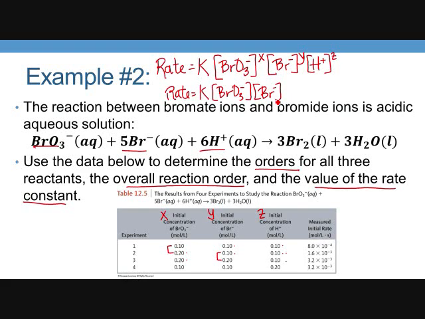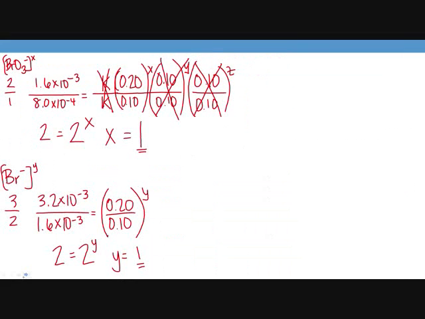Now, in our last 2 examples that we've done so far, they have been consecutive experiment lines. They don't have to be consecutive, because in this case for z, the only ones that are constant in x and y are 1 and 4. So if you look at 1 and 4, they're the same for x, and 1 and 4, they're the same for y. That is just an example of how it doesn't have to be consecutive. Okay, so for H plus,